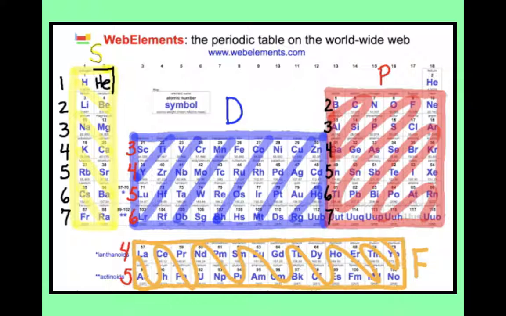I'm over where the element sodium is. There's the 3s sublevel. I have to keep going across to the 3p sublevel. Now I'm at argon. I jump down to the fourth row of the periodic table where element K, potassium, is. That's the 4s sublevel. It's not till we get to the D sublevel that we have to do some trickery